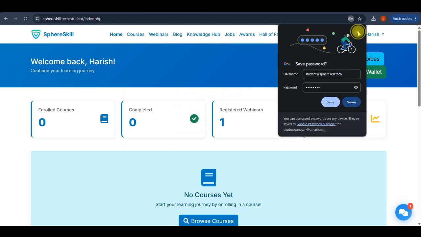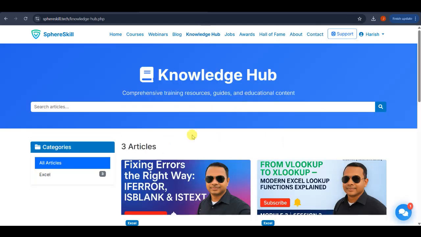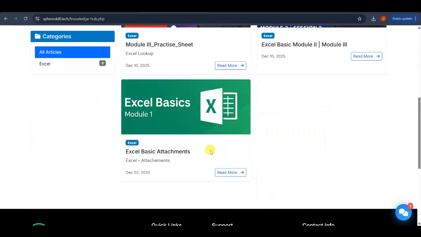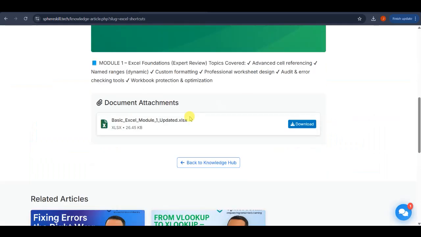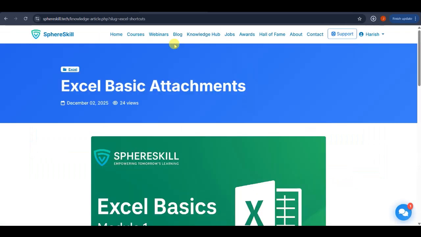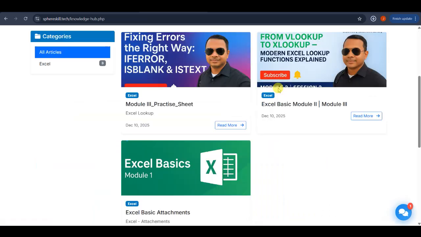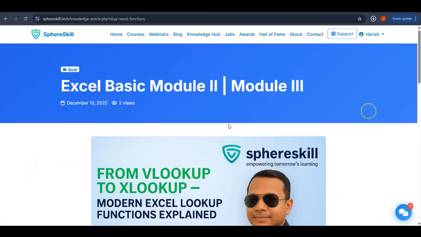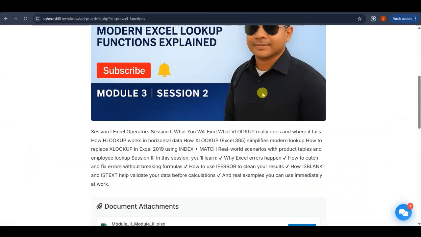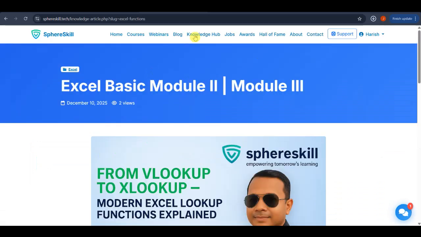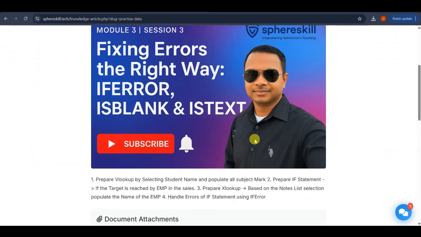This will be the place where you can find all your practice workbooks, templates, scripts, and additional learning resources, which will be uploaded by myself after each and every session. Click on the Excel course where you have module 2 and module 3, which will help you with the practice workbook which we have referred to in our series of sections, and also the revision assignment which I have uploaded. So click download and save it to your system, where you can refer to it, and then you can